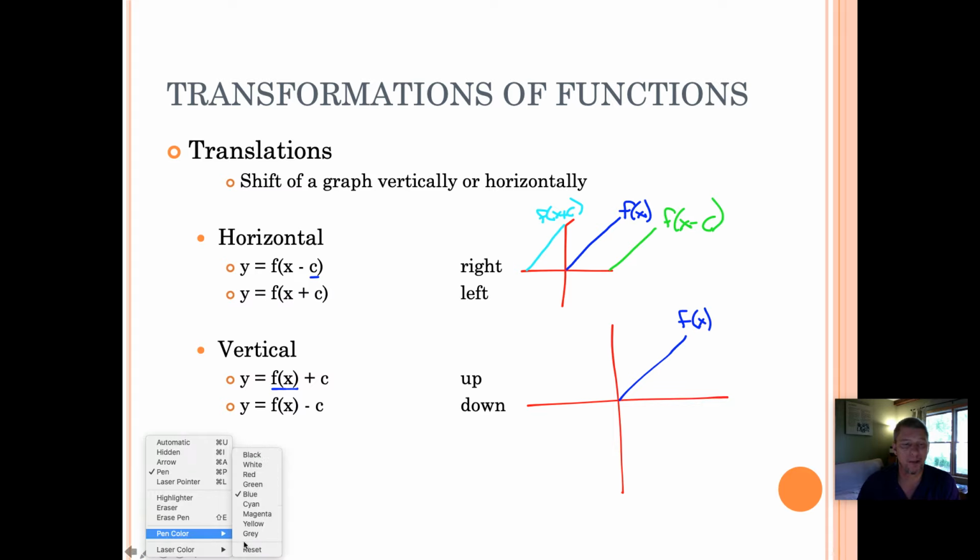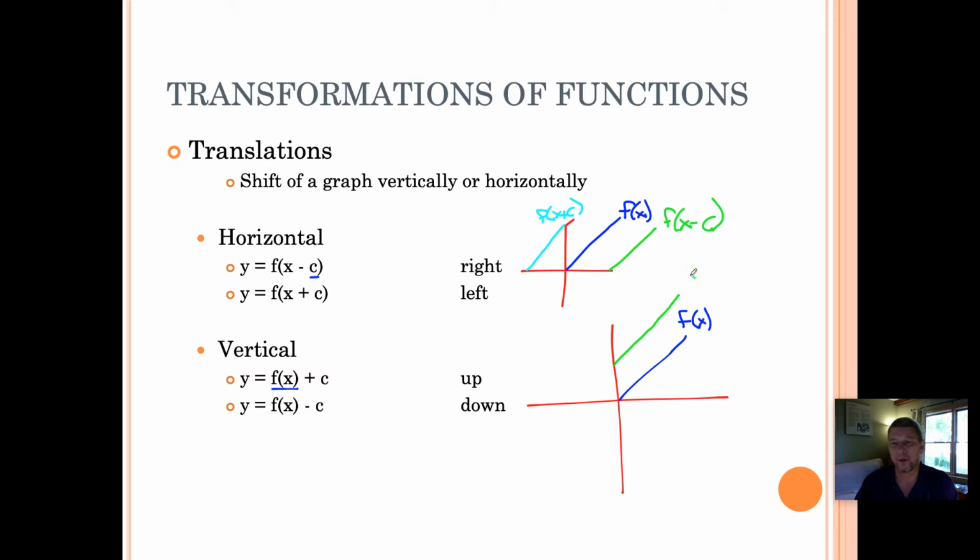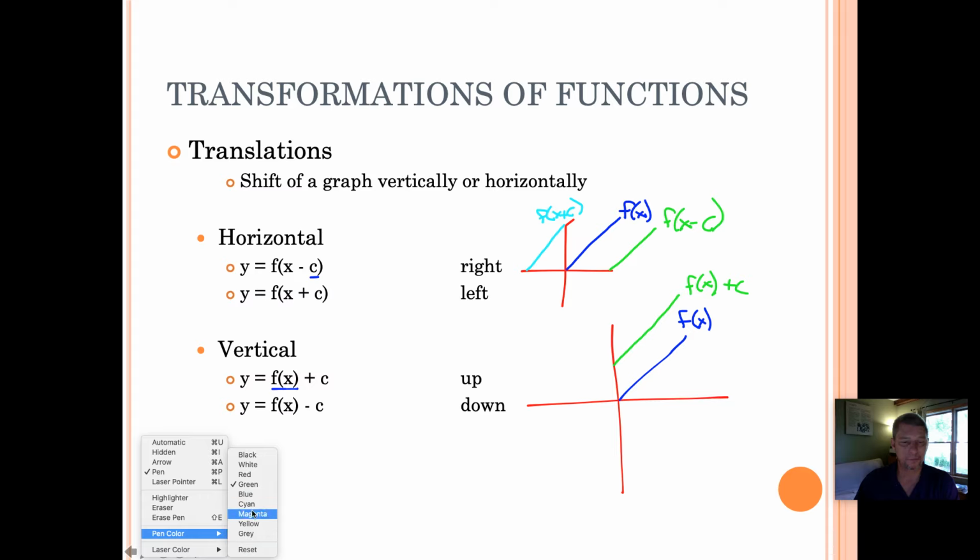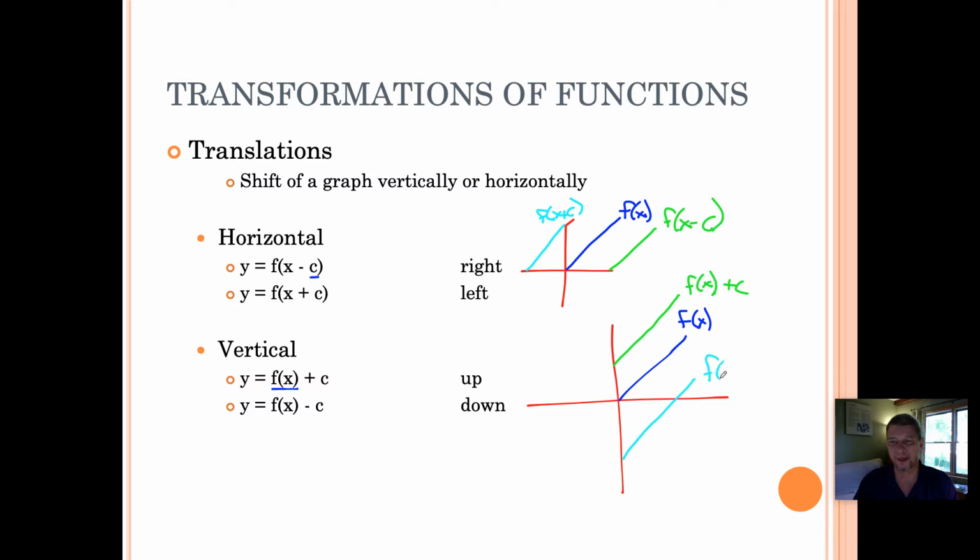And so in this case, if I added c to the output, I would get a line that looked like this. And so this is f of x plus c, all right? Because I'm adding c to the value of the output, the value of y. And so that moves us vertically upward. On the other hand, I guess we'll do cyan again. If I subtract c from the value f of x, that is going to lower my graph on the axes,